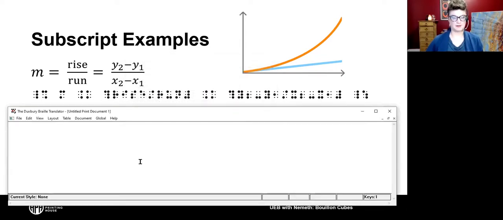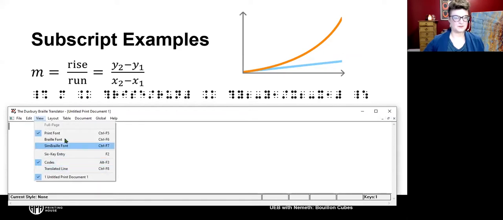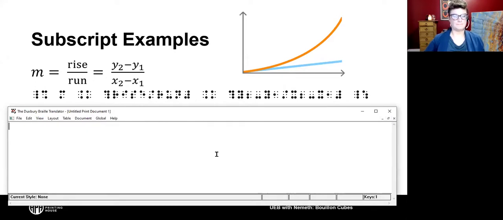Okay, so then I get my new print file here, and I want to make a fraction. So I could go into the quick reference that lists codes for Duxbury, and I could search for the word fraction. I'm going to spoiler alert you here, and I'm going to tell you what those codes are. First, I want to make my view a little bit bigger. The codes are start fraction, fraction start, fraction line, and fraction end. So we insert codes by pressing Control open bracket or F9 or